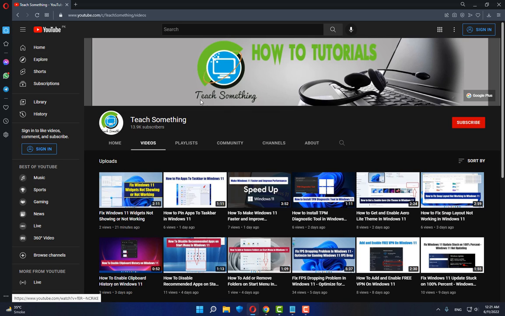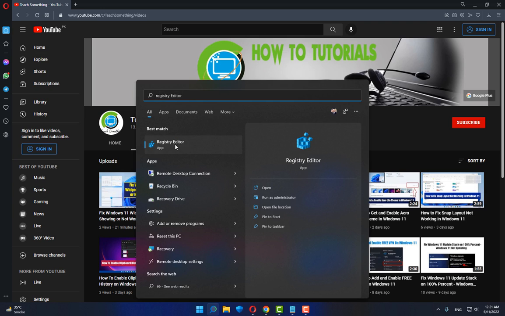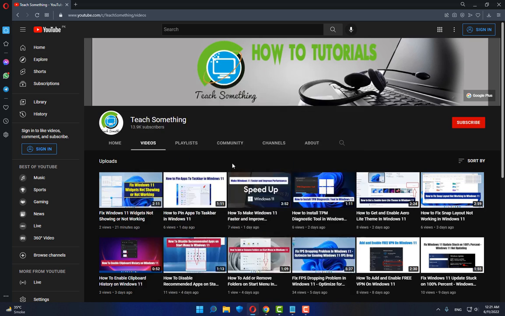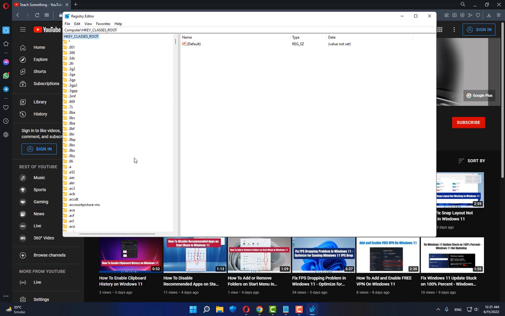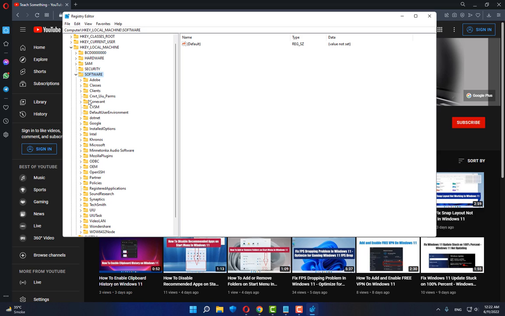Let's start. First of all, go to your search in Windows and type Registry Editor. Now you can see the Registry Editor. Right click it and run as administrator. After doing this step, select HKEY_LOCAL_MACHINE and expand it. After this, select Software and expand it. After this, select Microsoft